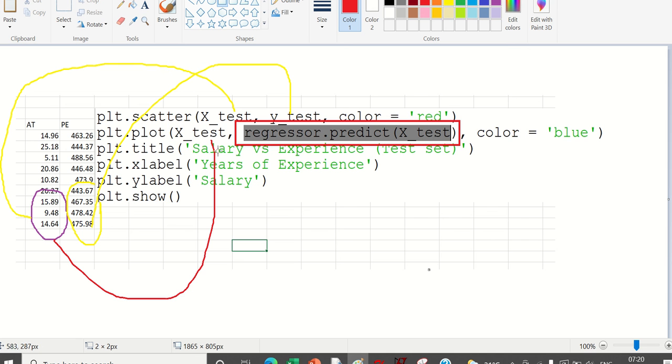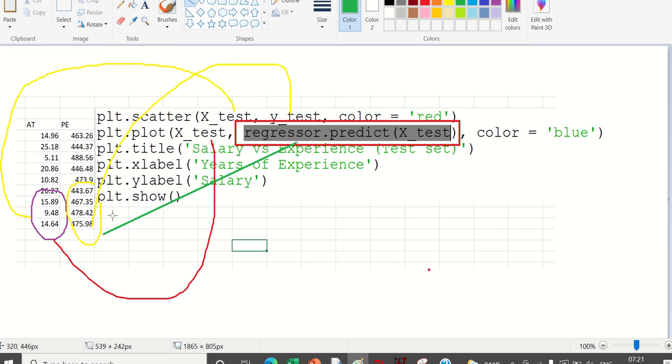This is the prediction of the regressor. The regressor is predicting now for X test. What should the output be? It should be as close as this value here.